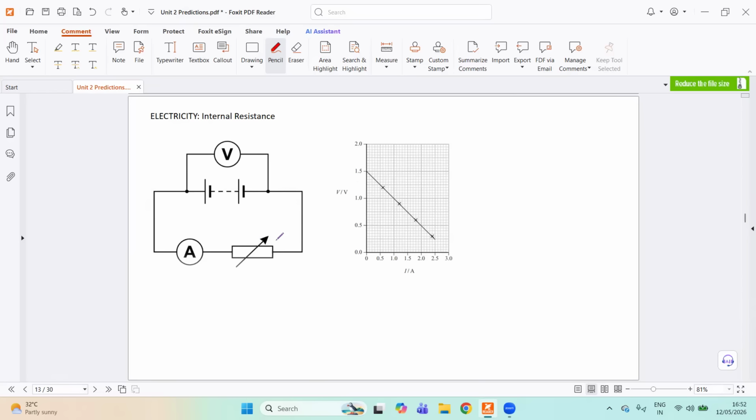And if you vary the resistance of the variable resistor and record values of current and voltage, this is the graph that you get. Let me give you a rundown of the shape of the graph, right? So this battery has an EMF. This EMF is actually shared between two components. One is inside the battery, as in the internal resistance. So one part of the EMF goes towards the internal resistance.